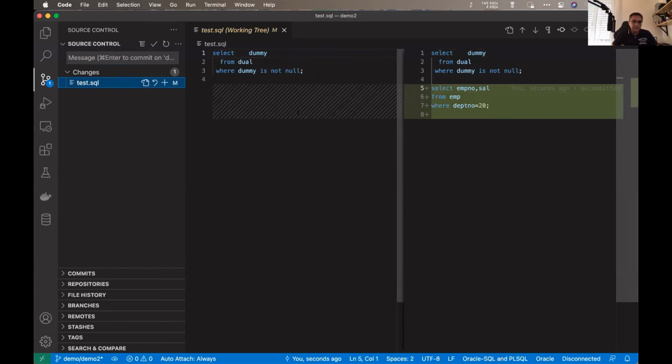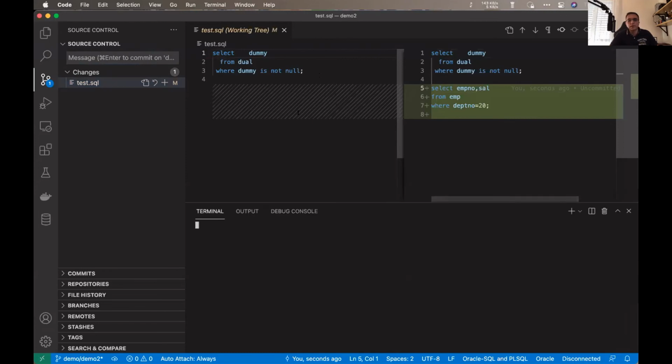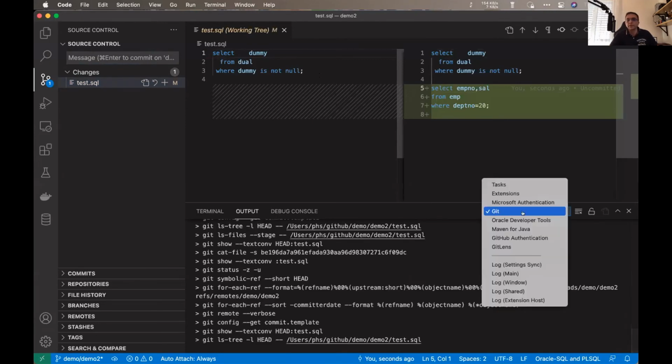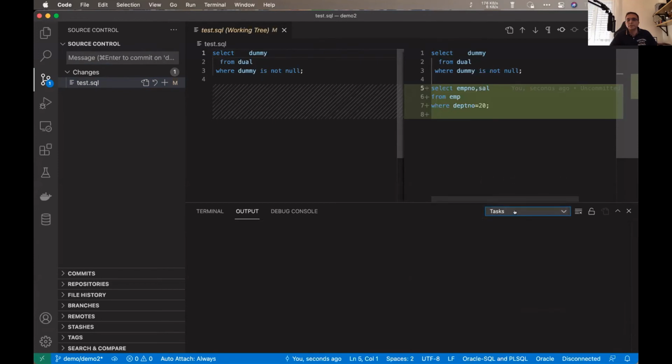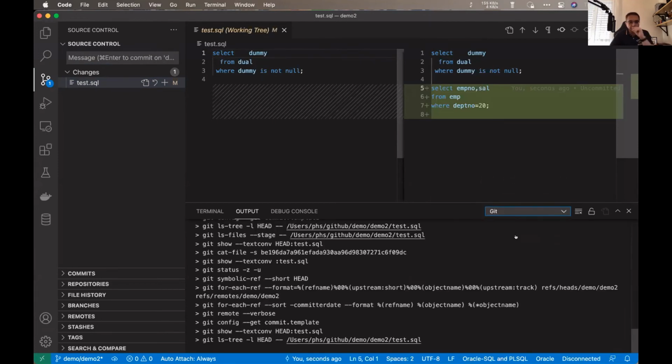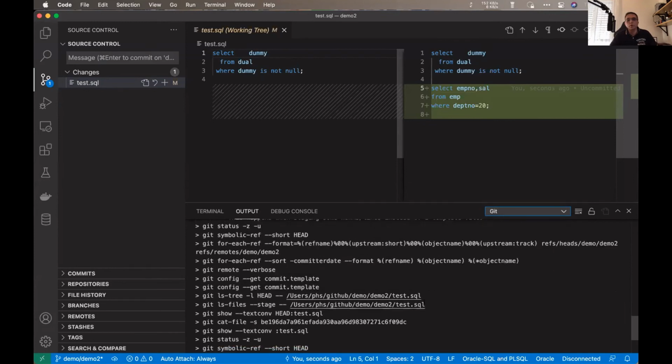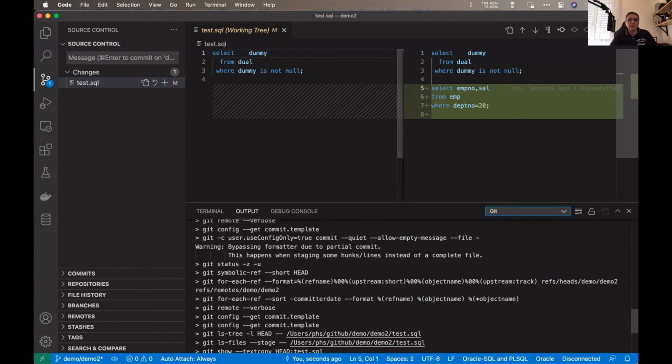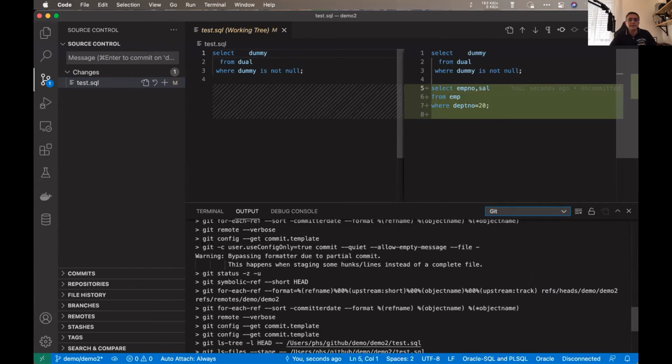In this case, Visual Studio Code is quite good in that area. I can open the terminal here, and there is also an output window. By default it's the tasks here, and you can switch to Git, and you see the whole Git output. And somewhere I should see the statement issued by the IDE where it does a commit,